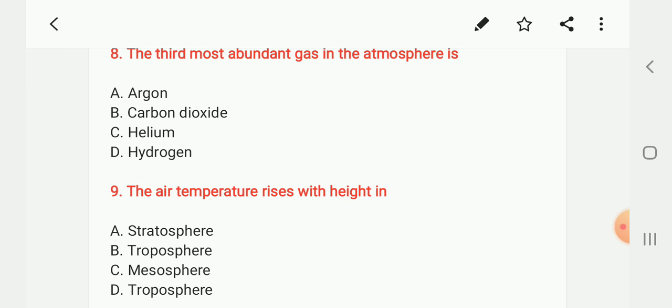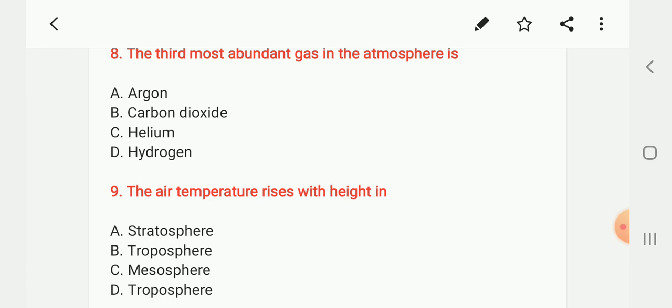Next comes the stratosphere. The layer above the troposphere is called the stratosphere. This extends upwards from the tropopause to about 50 kilometers above the troposphere. It contains much of the ozone in the atmosphere. The ozone layer is here. The increase in temperature with height occurs because of absorption of UV radiation from the sun